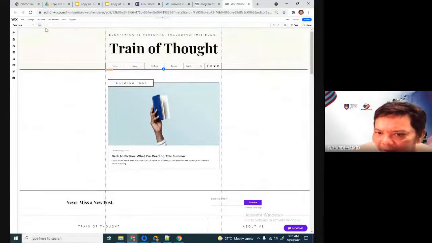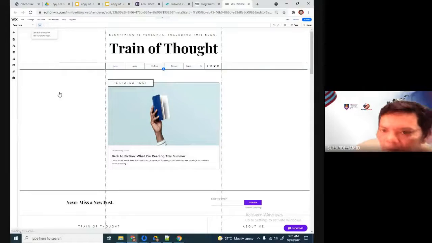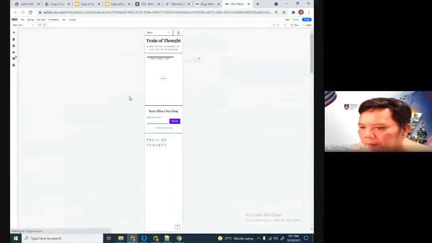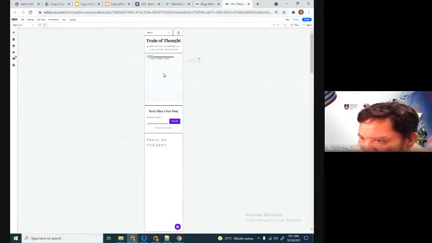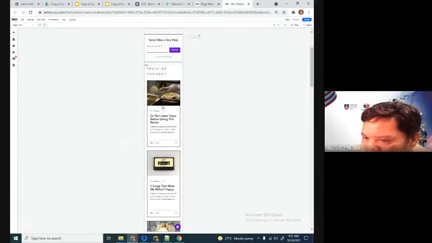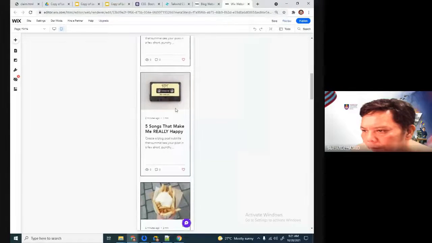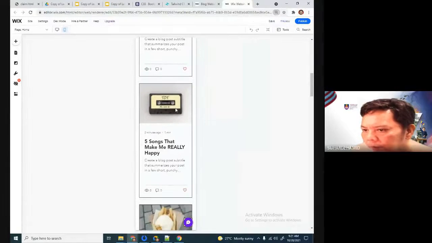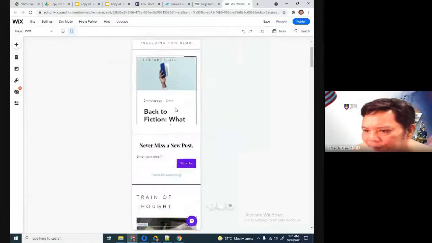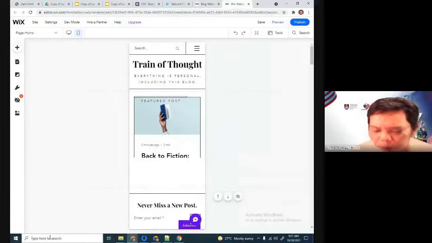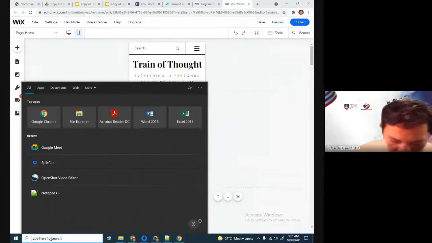If you want to have a look at how your page is, switch to mobile. Let's see how it looks on the mobile. That's how it will look on the mobile. Similarly, this is an example. If you were to work on a CMS, for example, I've installed